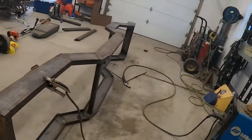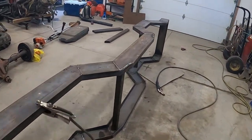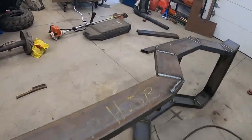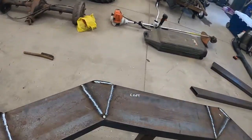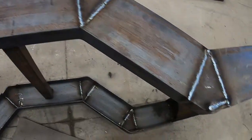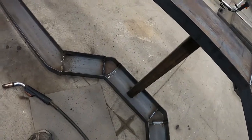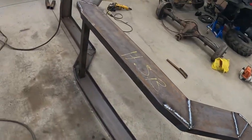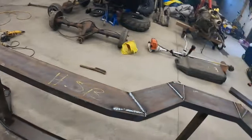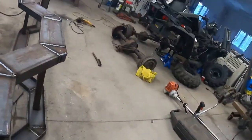Good times. I got that one side all done. I flipped it over on that side, and I'm making my progress along here to get this side all done. So, not too bad. I'm fully welding both sides, so it should be good and strong. So good weld there. But anyways, thought I'd update on that, what we're doing, and so far she's looking